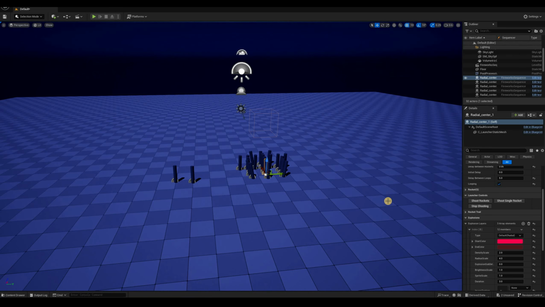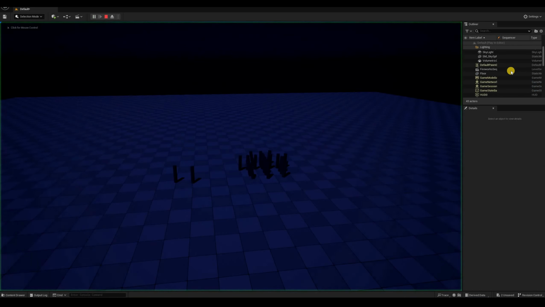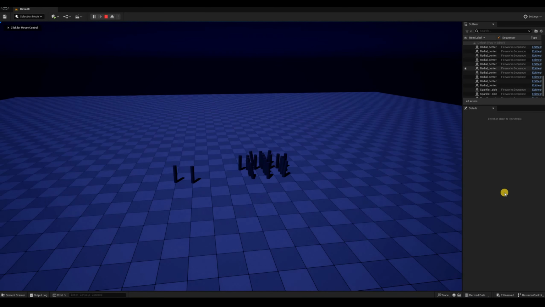And finally, and this is my main limiting factor, is that if you do this with both the rocket trail and the explosion in a single Niagara system, you're almost forced to use CPU particles, since event handlers are not compatible with GPU systems. There are potential workarounds, but nothing simple, so if you wanted to do something like this one, let me find it, I think it's this one,